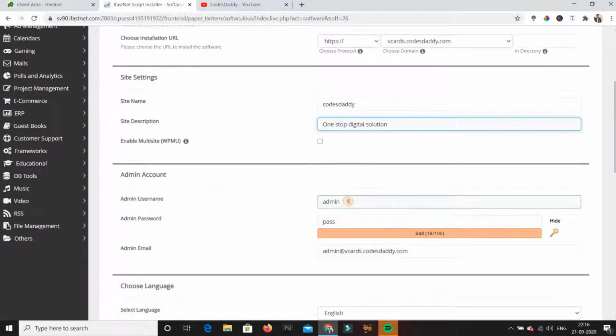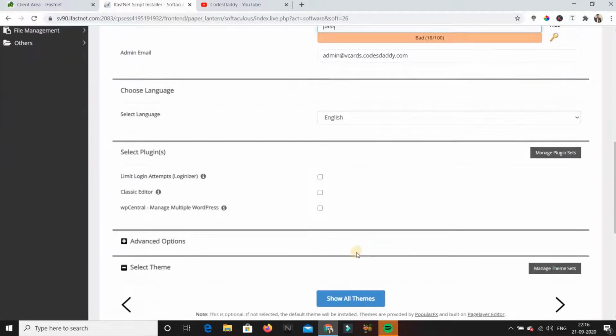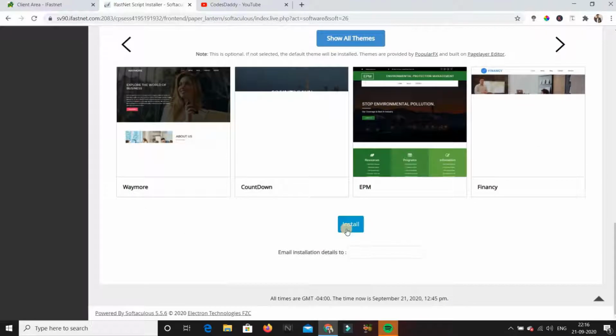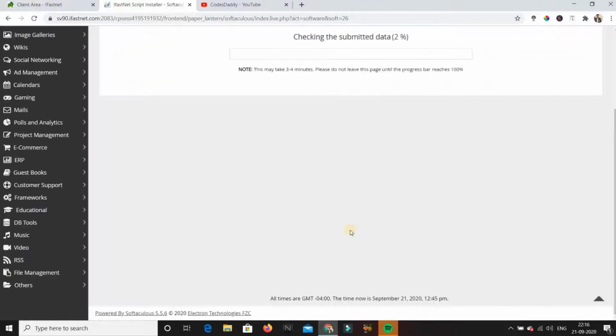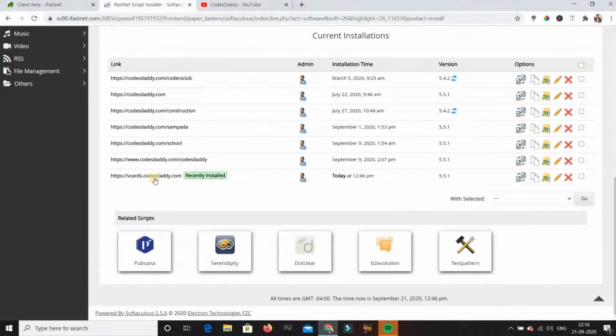And then I will create an admin username and password, so I will put in the same for a while, and then I will install it. I will just go down and install. As you can see, WordPress is installed. Then I will click on return to overview, and vcars.coursedaddy.com is installed for WordPress, and I will click on admin panel.